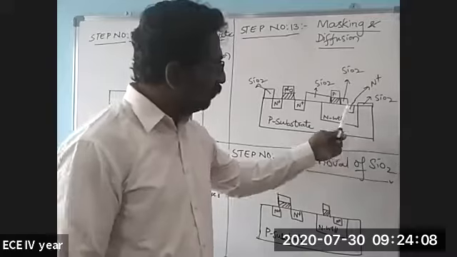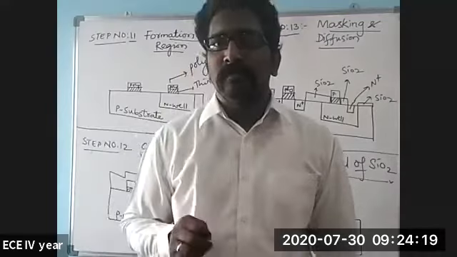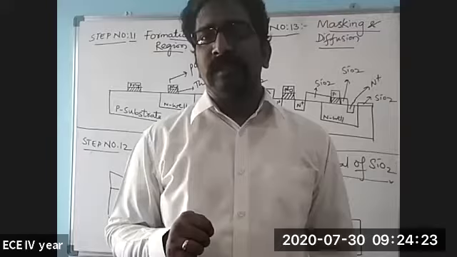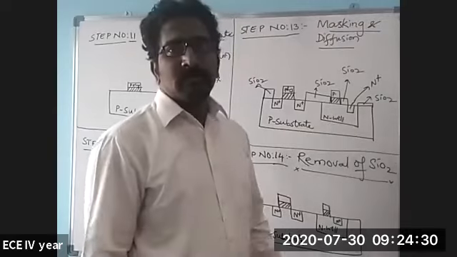Sir, excuse me, sir. In the N-well, have we diffused another N plus material, sir? Yeah, in this one, the N-well. Why have we done that? We only need gate, source and drain, sir. How many terminals does a MOSFET have? Three, sir. Four, including the substrate. The substrate also will be added. This one will act as the substrate to this device.